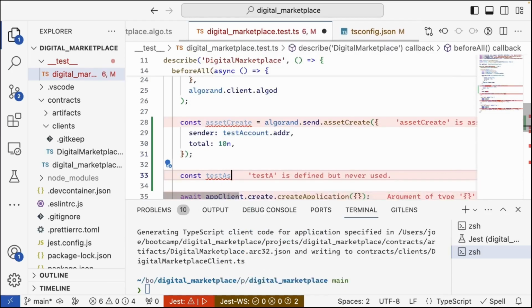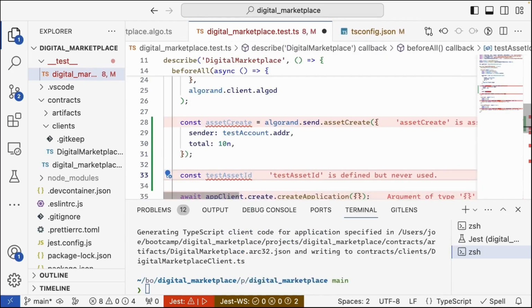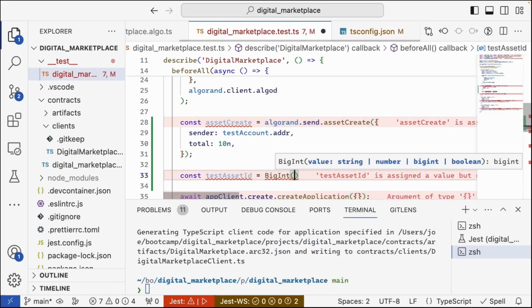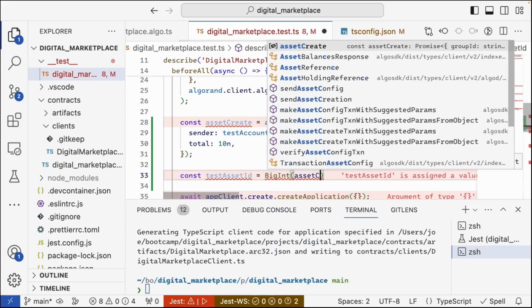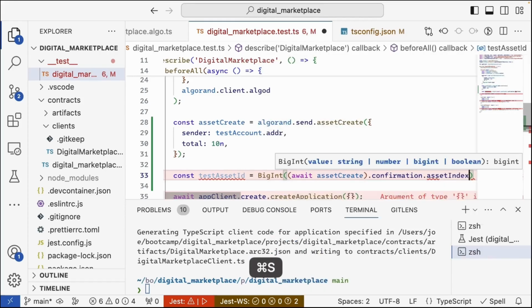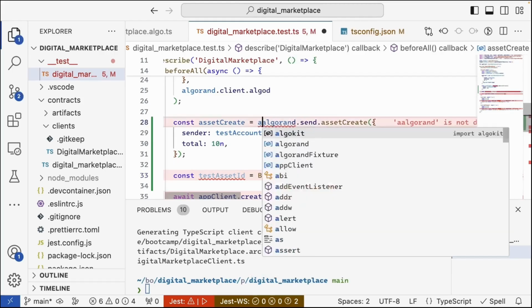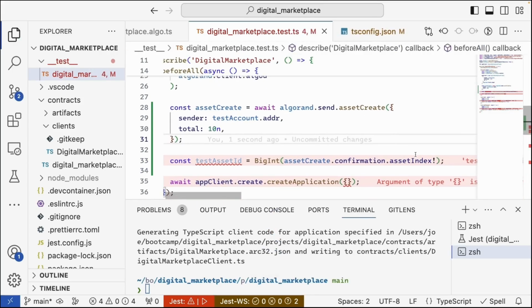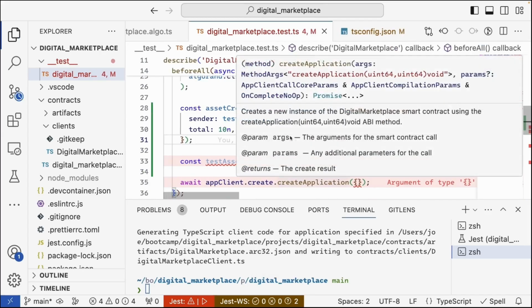So const test asset ID. That is going to be a big int, which we're going to get from asset create confirmation asset index. And I forgot my await up here. I like this syntax a little bit better. And we know it's going to be an asset create. Okay. And so now